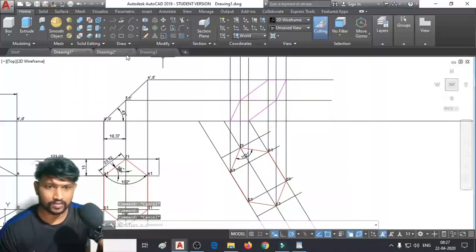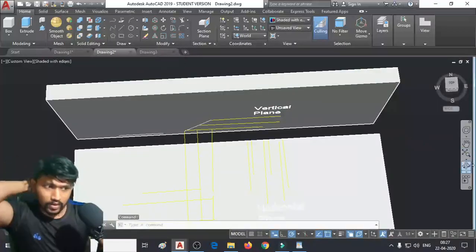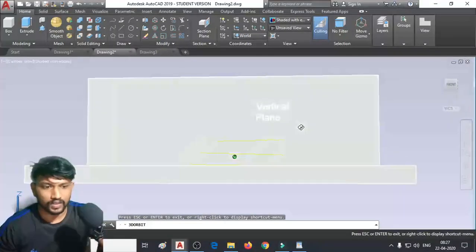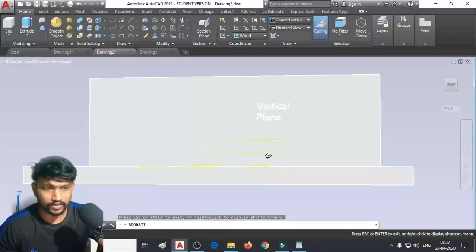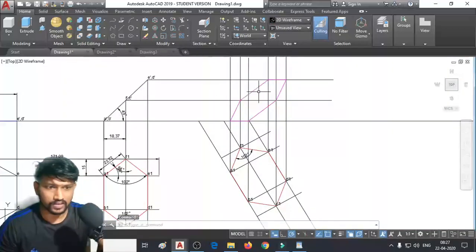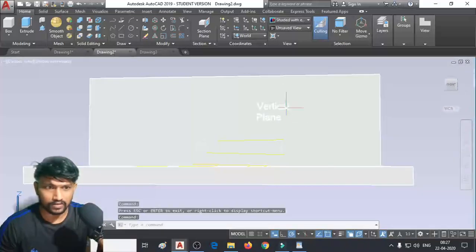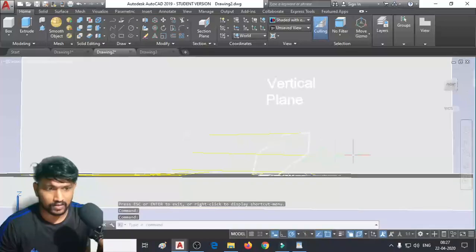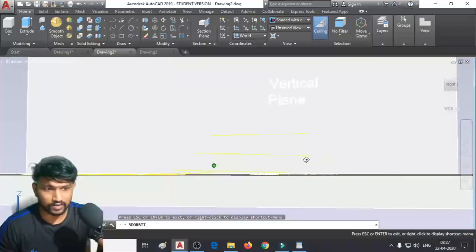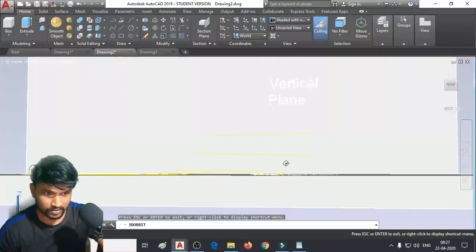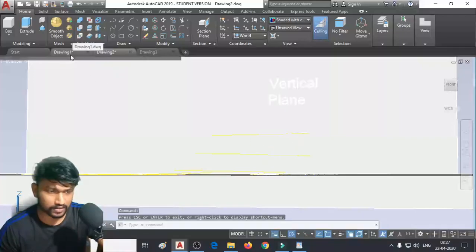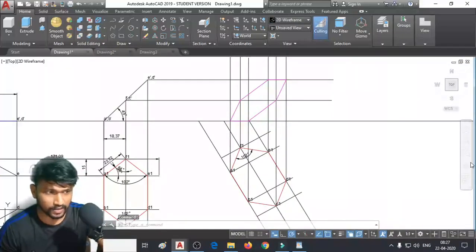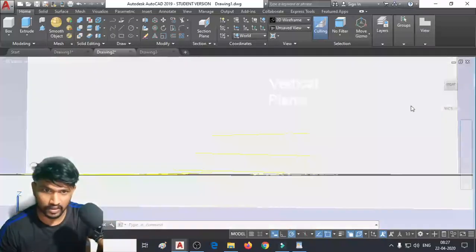Okay, I'm not going to give any markings. Hope you guys might have understood. See here, in the front view it is looking like this, which is exactly similar to this position. Observe this pink one here, which is almost the same because this edge angle is not perfectly 60, but you can see this one is looking like the front view that we have made here. And the top view, we will check the top view also. The top view has to look like this if we are correct.